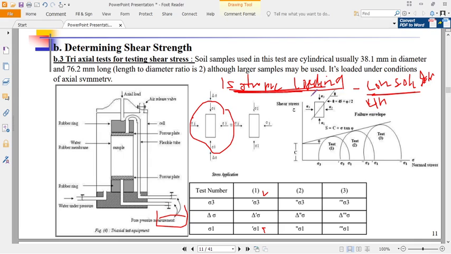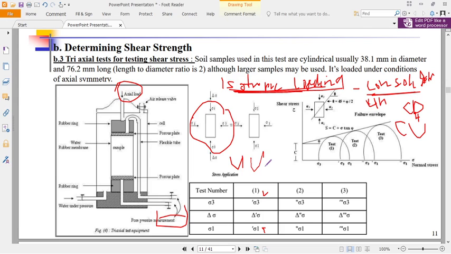Through a piston here, what happens in such condition, which you call the CU, consolidated undrained condition? Failure occurs under undrained condition. Is that okay? Then the last one is unconsolidated and drained. What happens is that for such soils, normally you don't apply the confining stress; there is no consolidation, there's no isotropic